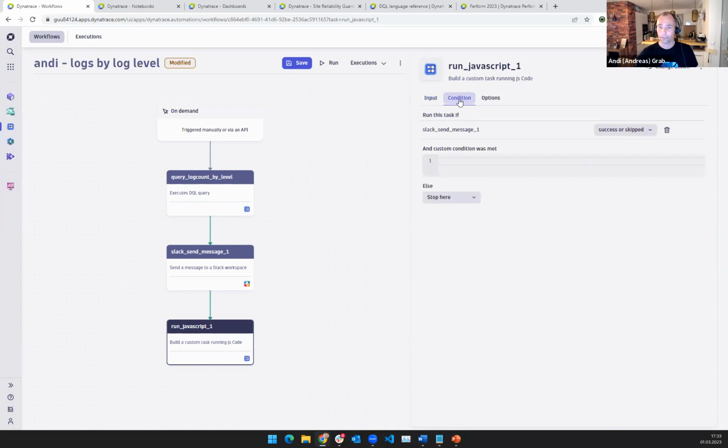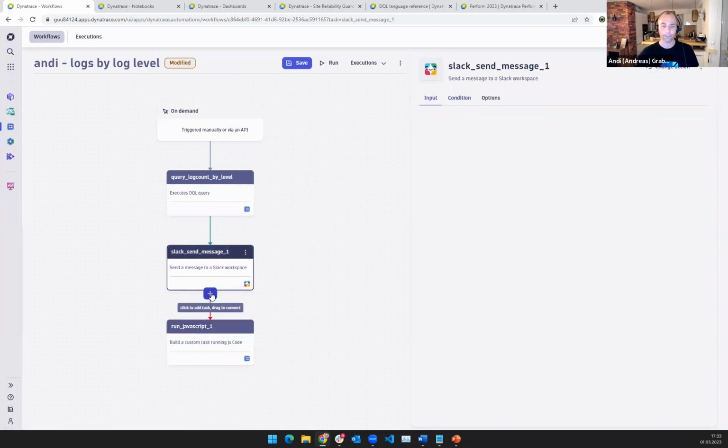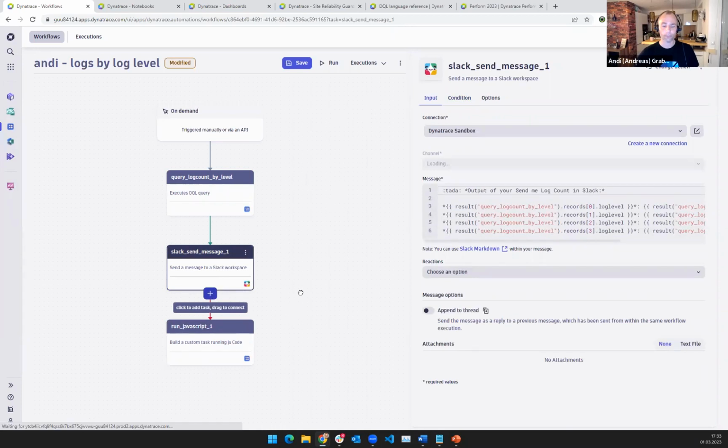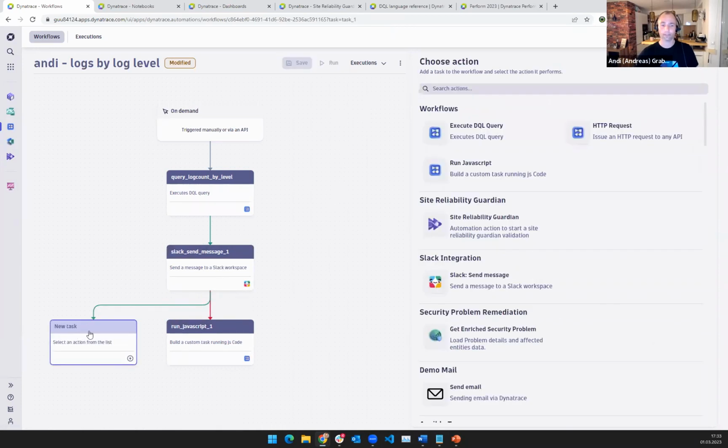What's also really nice, you can define conditions, so you can do basic branching. You can say on error or canceled, you want to run this, and if I add another branch here, I can say on success do A, on error do this. There's a lot of different options. Everything is visual, but I think Mikey also mentioned this. It's not just visually creating workflows, we can also do this through code. All of this that you see here can be fully configured as configuration as code as well.